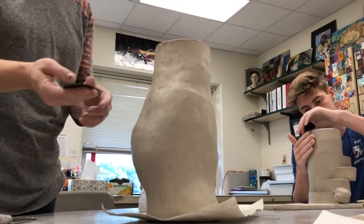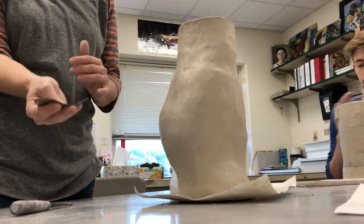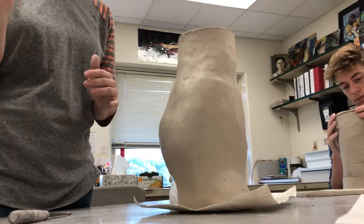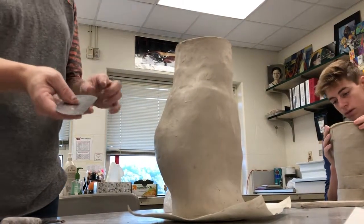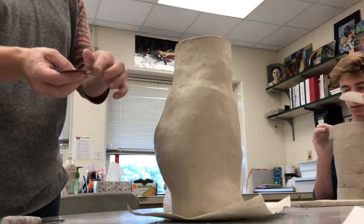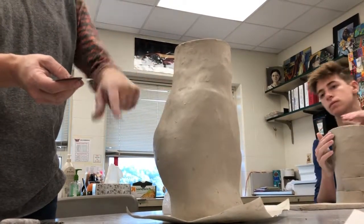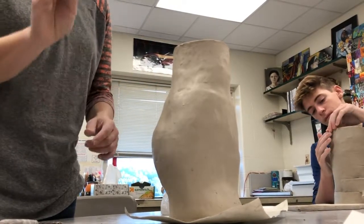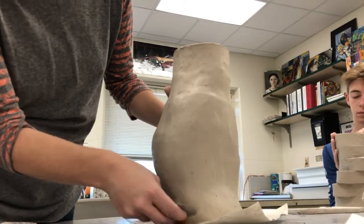And when I use this, I put this in my hand, most of my fingers are on the back, and I kind of palm it like this, and I do bend it. So I just bend it slightly. I'm not bending it to the point where the rib is actually creased or folded. I don't want to fold this, because again, that'll create an edge that will scrape and put indentations in my project. So I'm just going to bend it slightly, okay? And what I'm going to do is